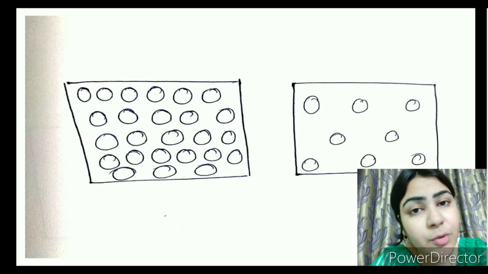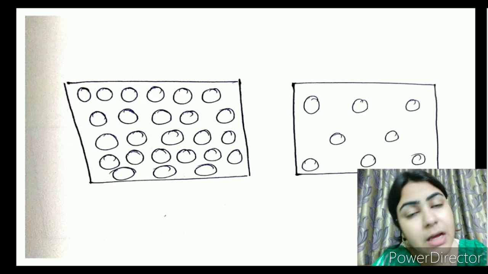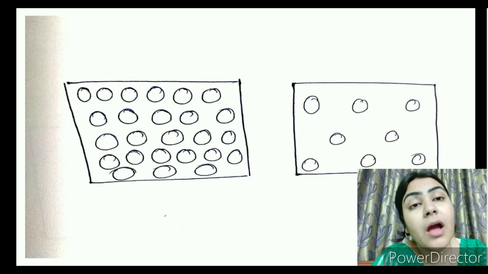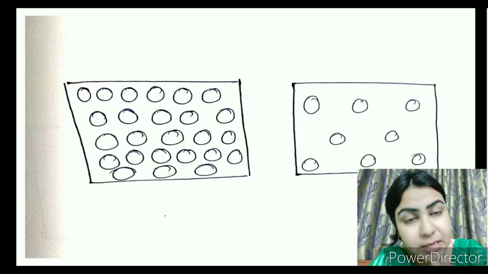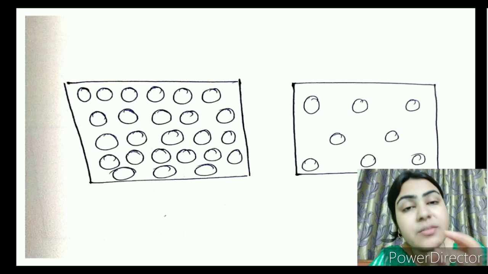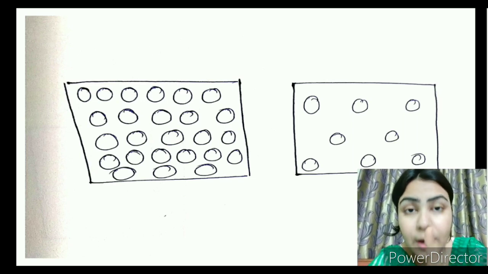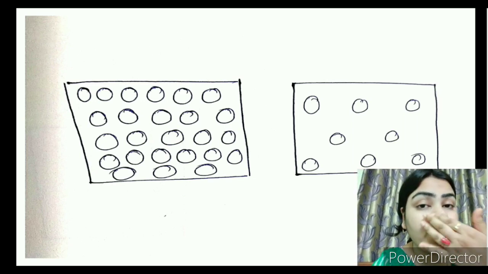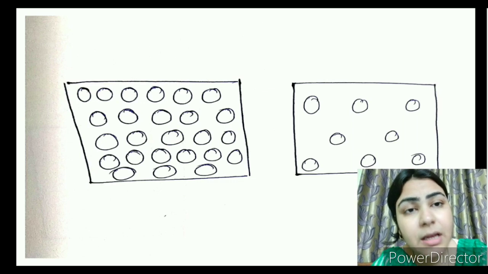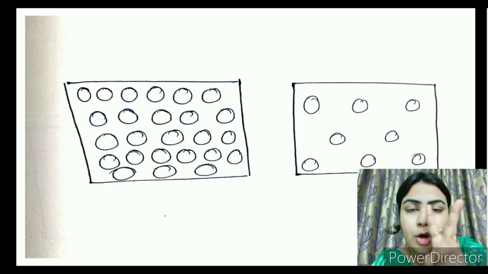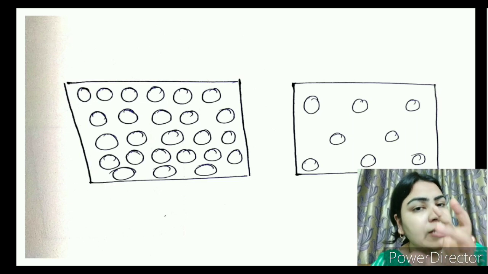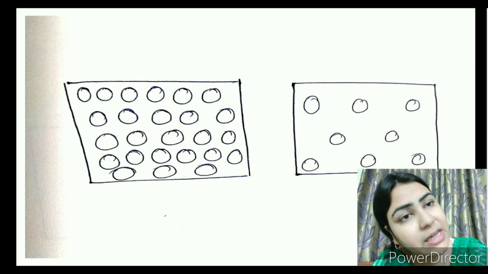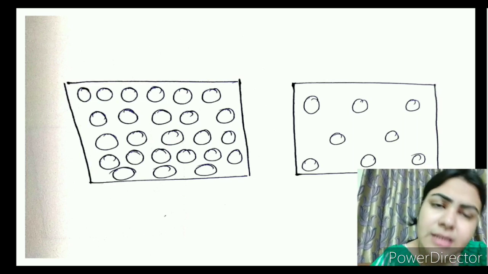So here the box is our 1 unit area, right? The boxes are our 1 unit area. So now you see, the more substance present in one unit area is known as density. I hope you have understood this, children. What is density? More substance in the same place. Two boxes, same size. One has more substance, one has less substance. The one having more substance has more density. The one having less substance has lesser density.